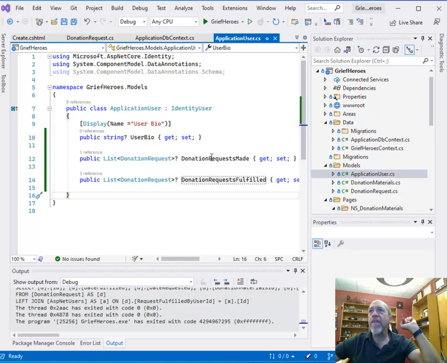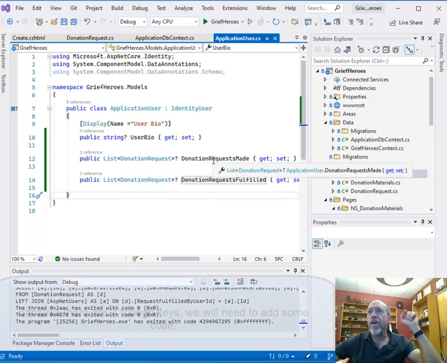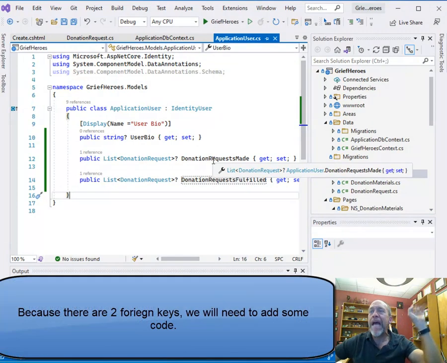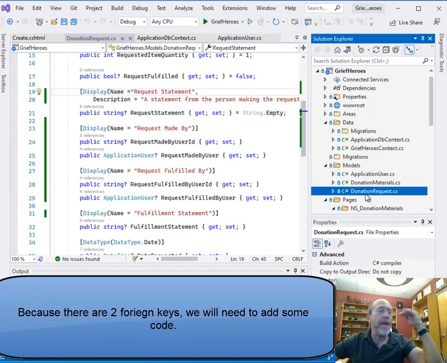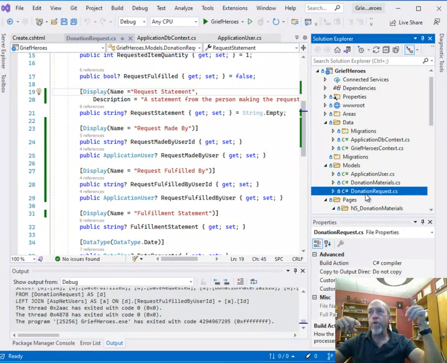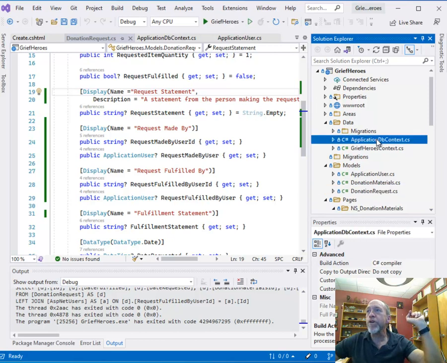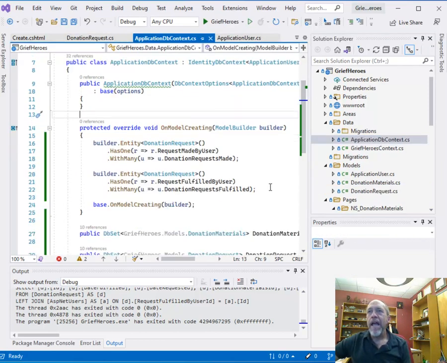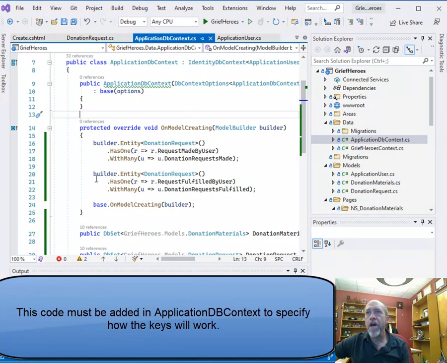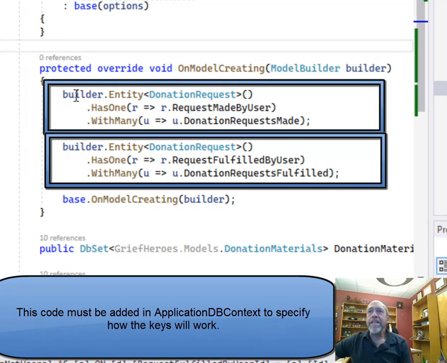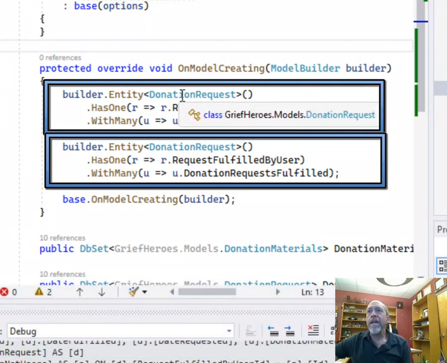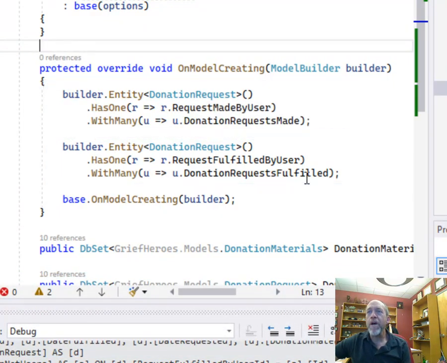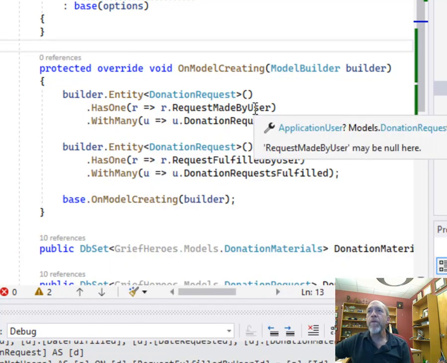So since both of these are foreign key constraints between application user and donation request, which makes sense, the foreign key constraint is that there's a user that creates the request and a user that fulfills the request, two foreign keys. How do I solve that? I go to my application DBContext and I use this code in OnModelCreating. I take the builder.Entity, the type there is DonationRequest, and I define the one-to-many relationship between the request and the user,